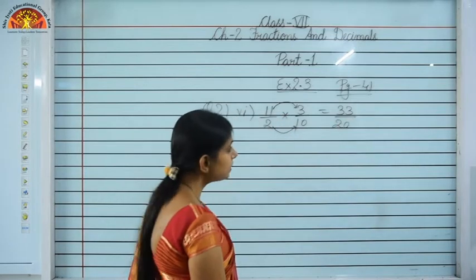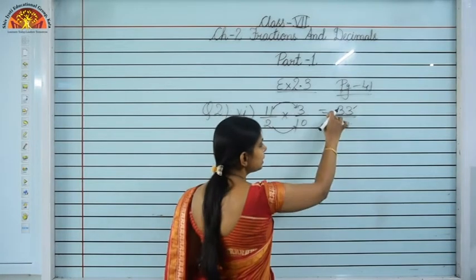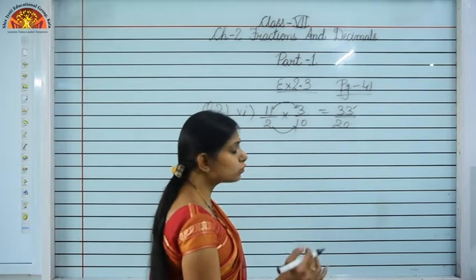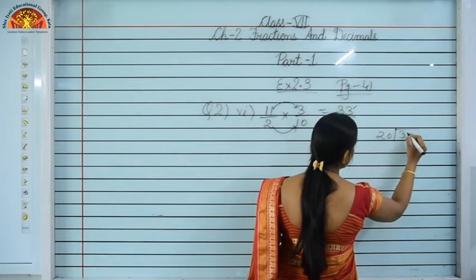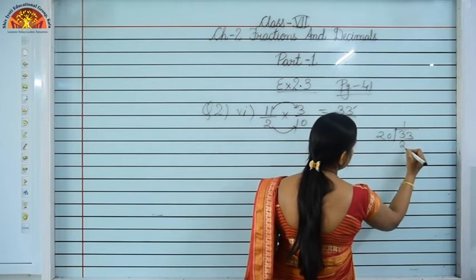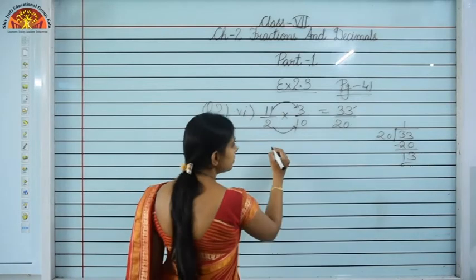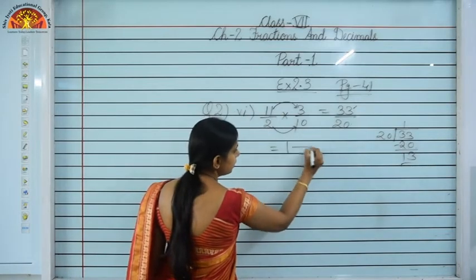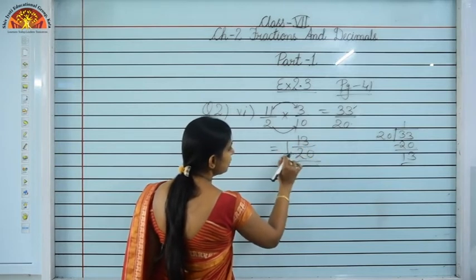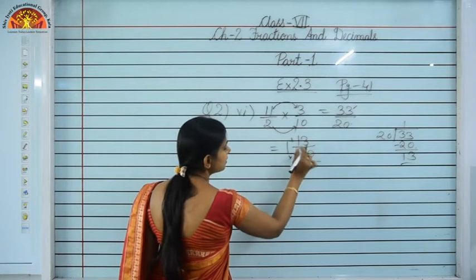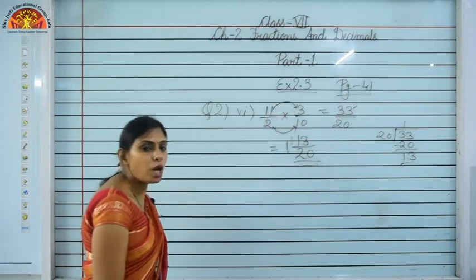Now, you can see, children, that here the numerator is greater than the denominator, that is 33 is greater than 20. So, you have to change it into the mixed fraction. So, just see, that is 33 divided by 20. So, 2 1s are 20. So, remainder comes out to be 13. So, you can just write it in a mixed fraction. The quotient is 1, remainder 13 and divisor is 20. So, 2 1s are 20 plus 13. So, 33 upon 20. 1 13 upon 20 is your answer. Got it?